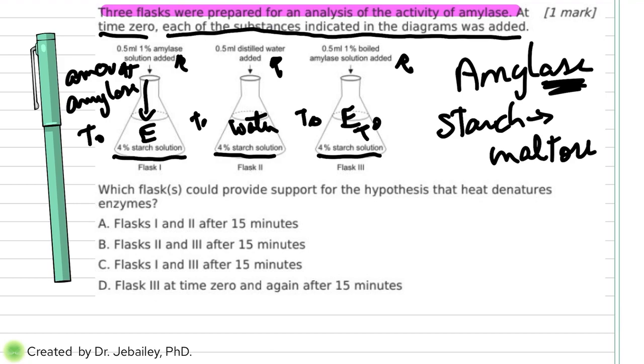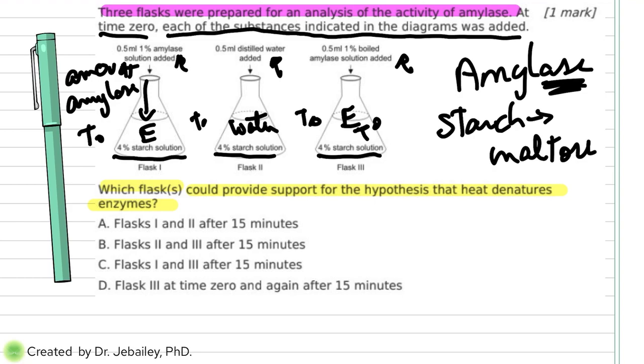So that's the first thing. Learn the experiments, understand what's going on in each flask before you go to the question, because then you already have an idea. The next thing to do is read the question, and as you can see here, which flask could provide support for the hypothesis that heat denatures the enzyme? So when we talk about heat denaturing the enzyme, we have to figure out which of these 3 flasks